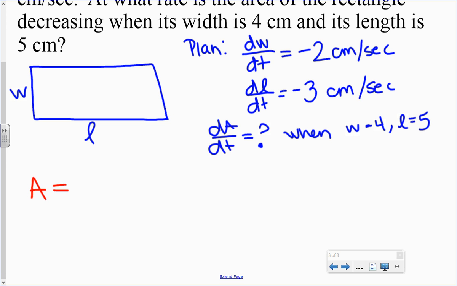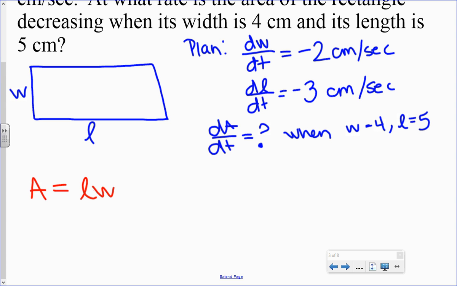A equals LW. Okay, thank you. Some of you are like, well, that's obvious, but you asked us. You have to be able to come up with it. It may feel obvious, but it may not seem obvious when you're in the middle of a problem. Okay, we've set everything up. We have our equation. Now we need to